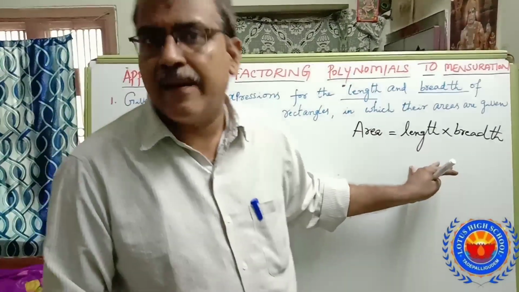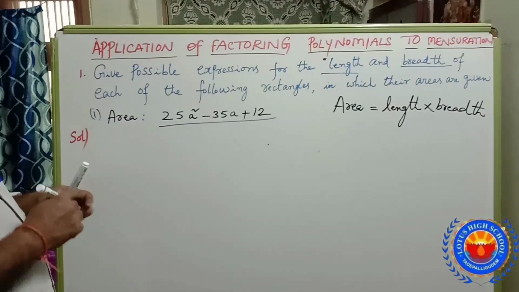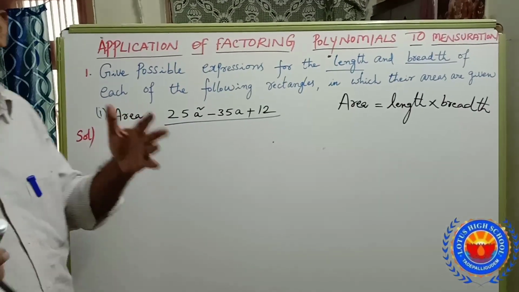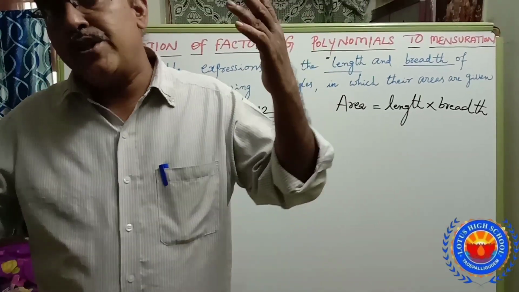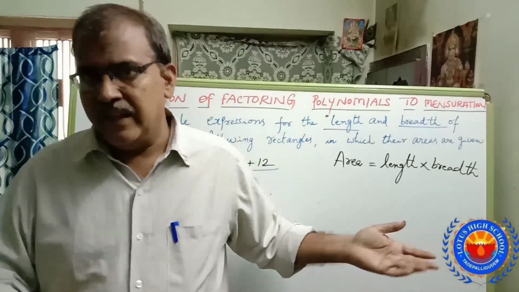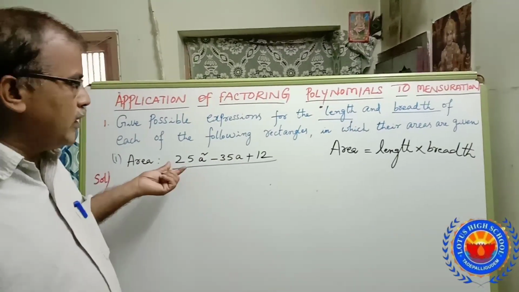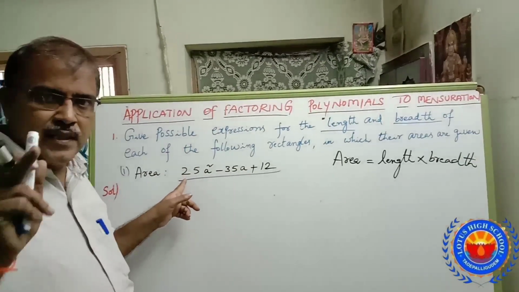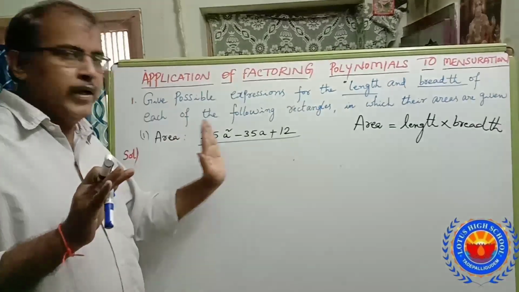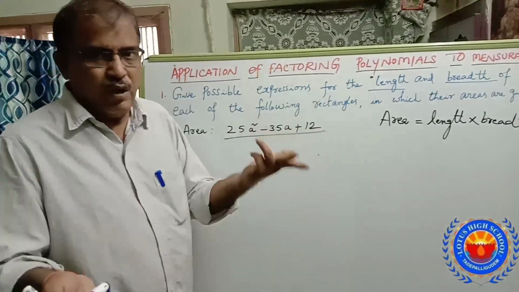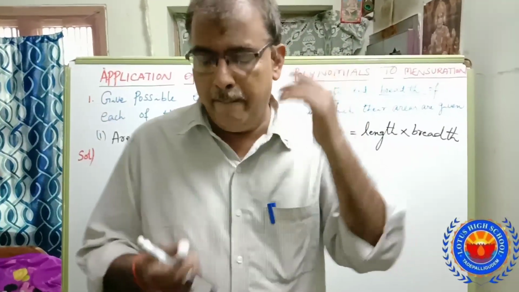Now we have to find the length and breadth separately. How to find? By seeing this, we have many types of factorization. Factorization by using perfect square, factorization by splitting the middle term. In this we can use perfect square or splitting the middle term. Perfect square means, here 25 is a perfect square number, but 12 is not a perfect square number. 25 is nothing but 5 square, 5 square a square is 5a whole square, but 12 is not a perfect square. That's why we have to go for splitting the middle term.